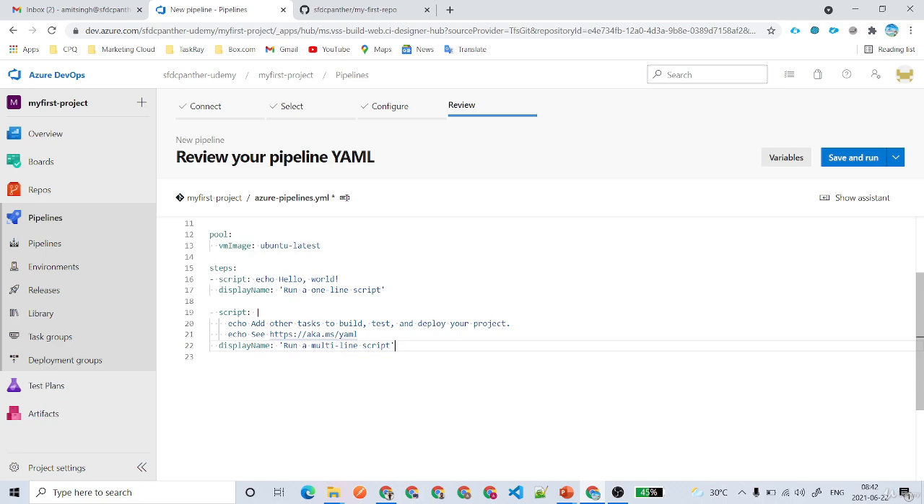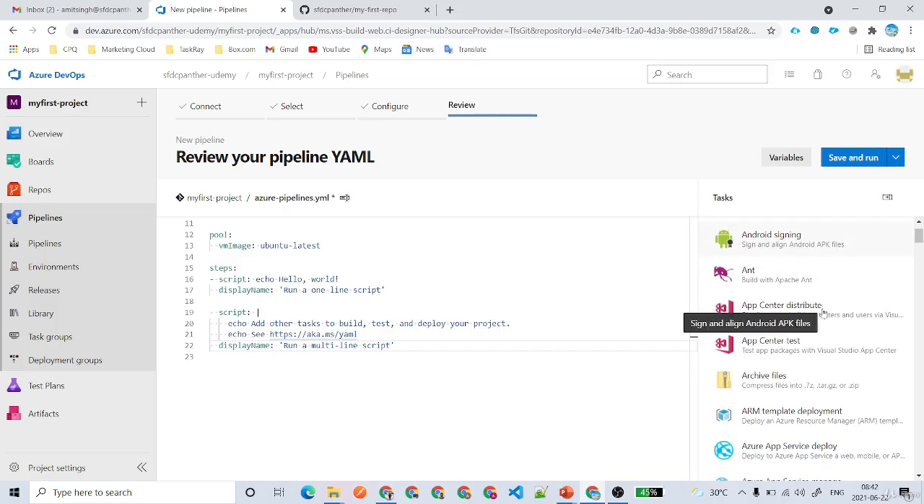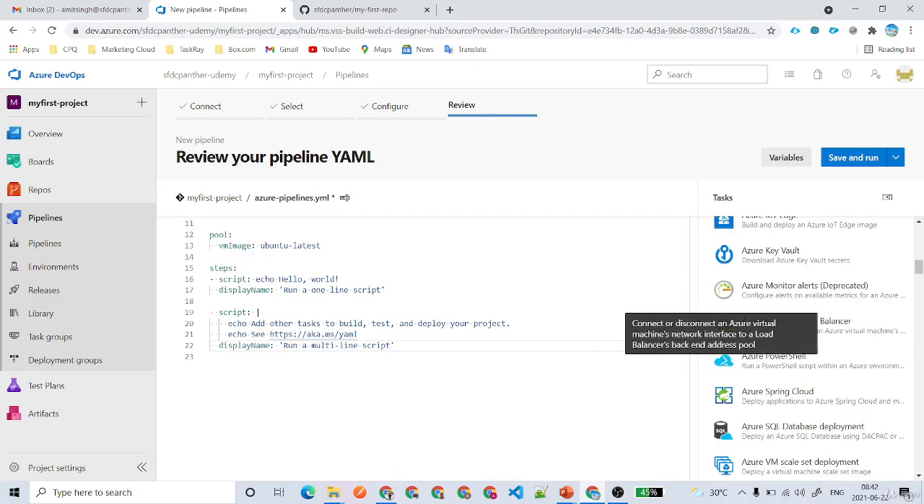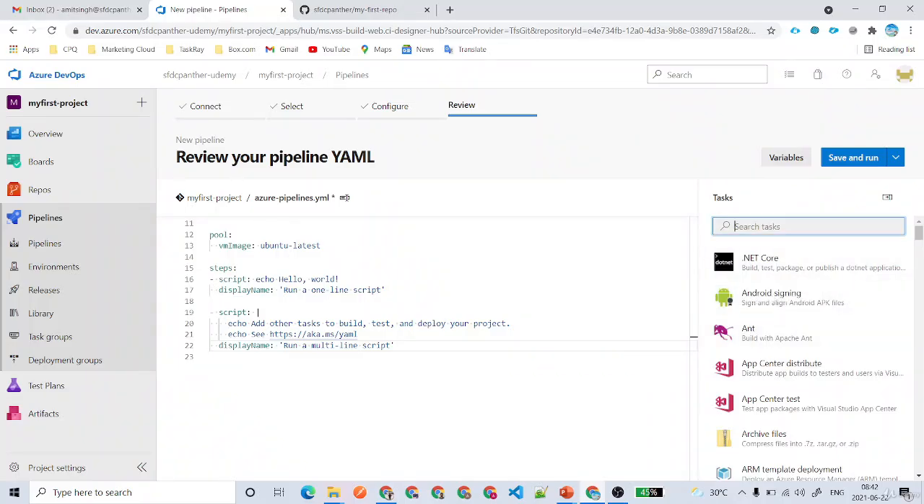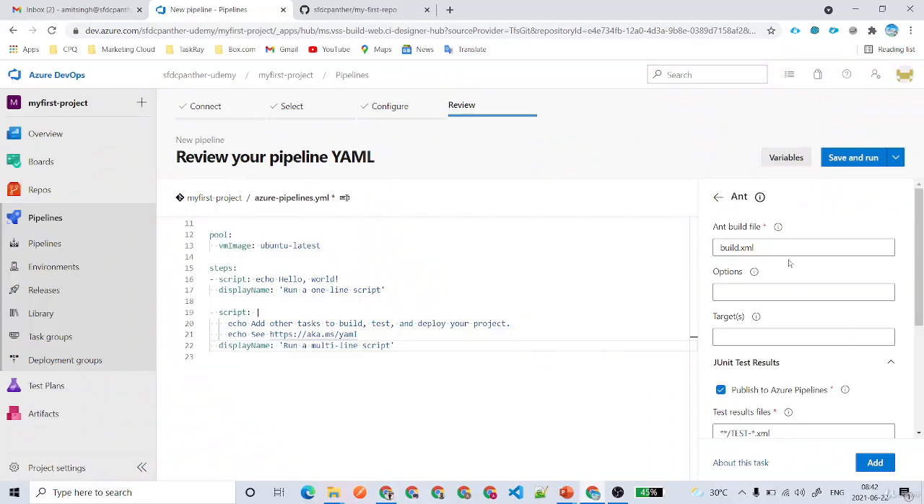If you see, there is something called show assistant. If you click on show assistant, you will see there are multiple options that you can use inside your YML file. Suppose that you wanted to execute an ant file over here. Okay, you can select ant. Where is your build file? What are the options? Options are nothing but the parameters that you want to pass dynamically, like username, password, test level,